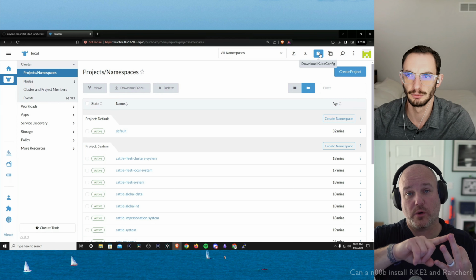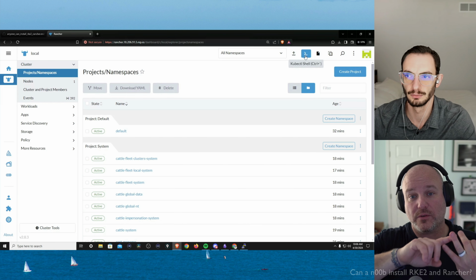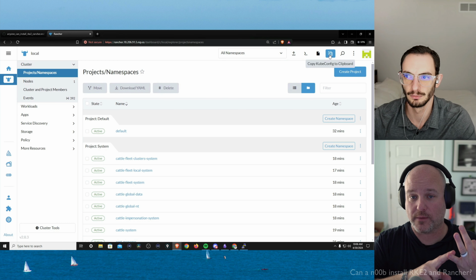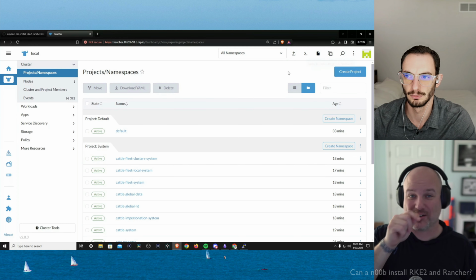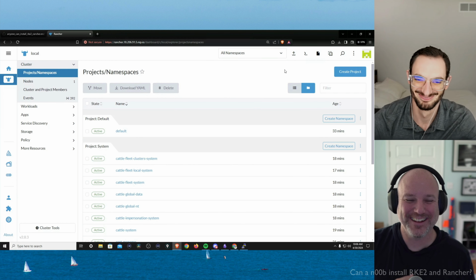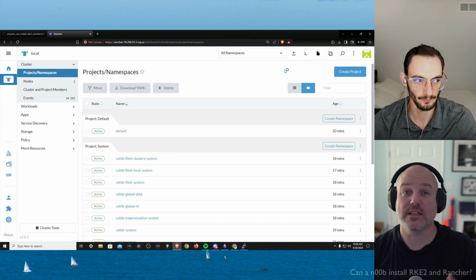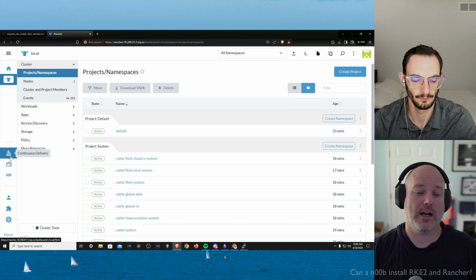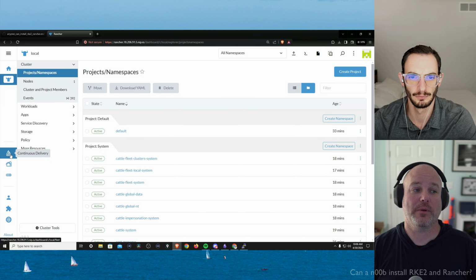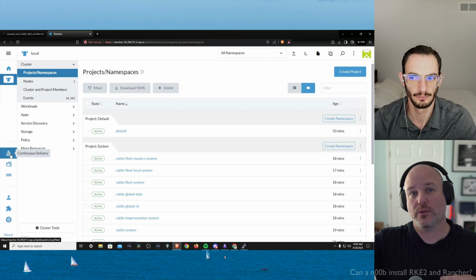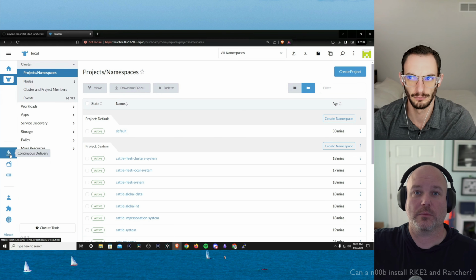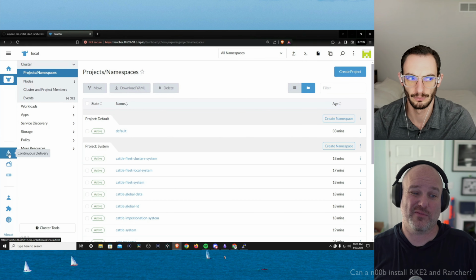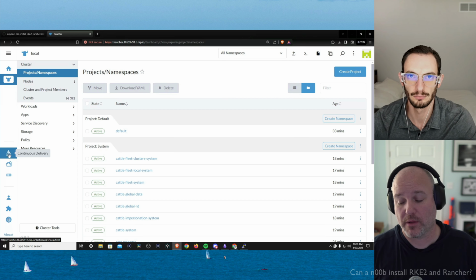So the first one was import YAML. The second one was do it in the browser. The third one was do it on my client machine. The fourth one is actually not there. Good try, though. The fourth one was continuous delivery, where I automatically tell Rancher to use this version control and it'll start deploying apps. We're not going to get into it because I want to keep this shorter, but definitely another time, another follow-up.